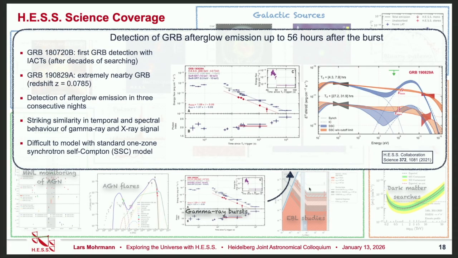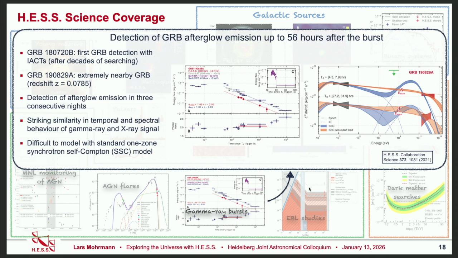Okay. And then one last flash result, which is the detection of a gamma ray burst afterglow up to 56 hours after the burst. So gamma ray bursts are something that we have been searching for with IACTs since very long, since the beginning basically. For a very long time that was unsuccessful until in 2018 we were able to detect really our first GRB. And then just a year after we got lucky a second time. So that's GRB 190829A. And this one happened to be extremely nearby at a redshift of only 0.08 or so,